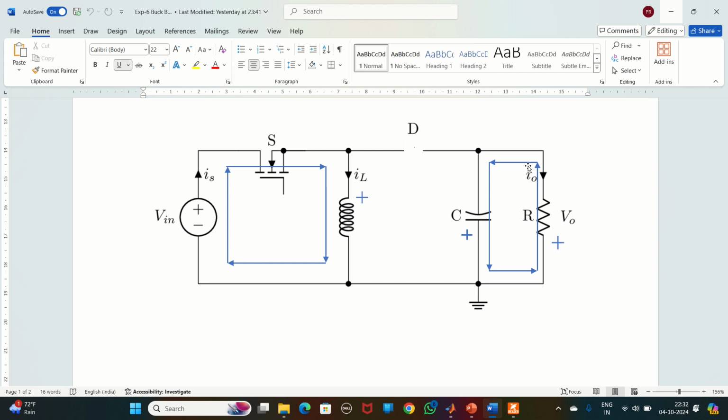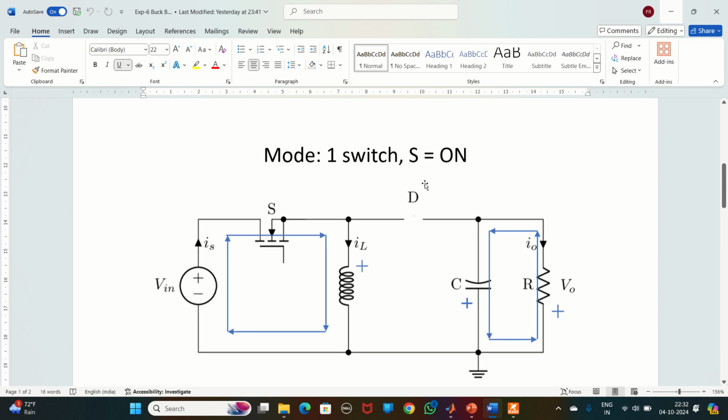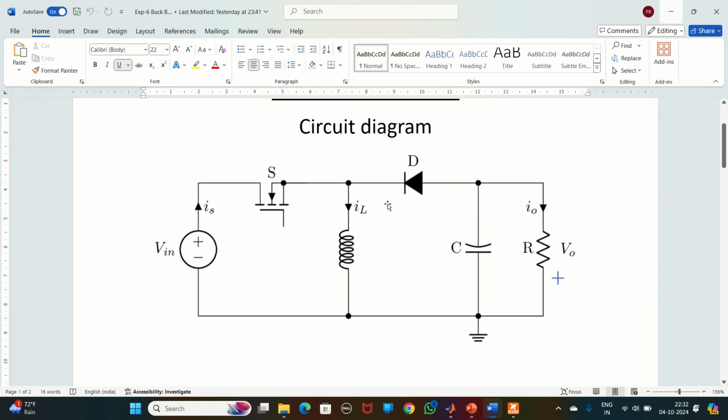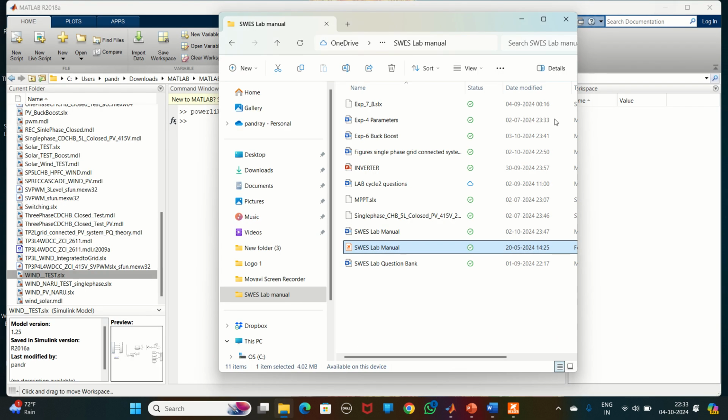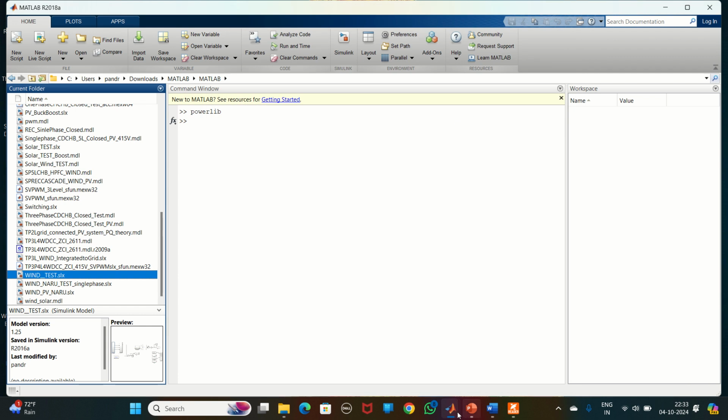If it does not come to 0 and stays positive, then we consider it the continuous mode. So, the modes of operation of the buck boost converter are now clarified. Fine. Now let us go to the